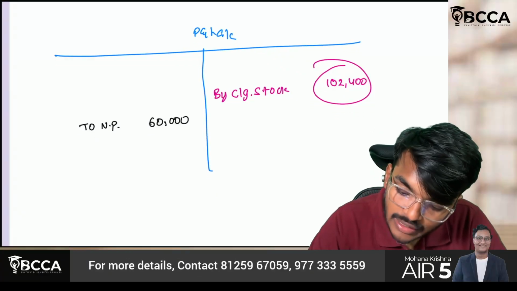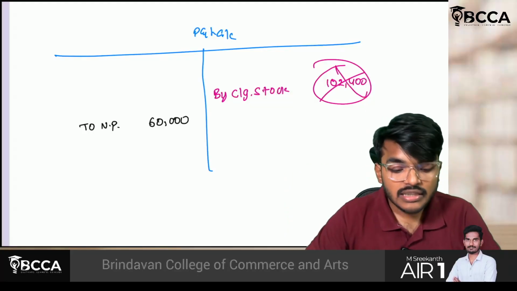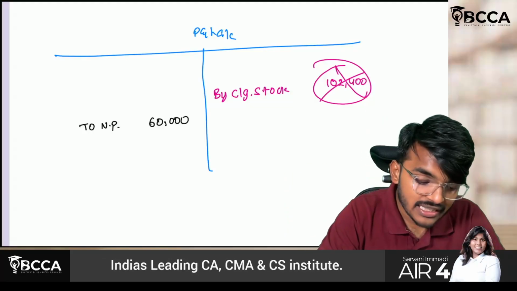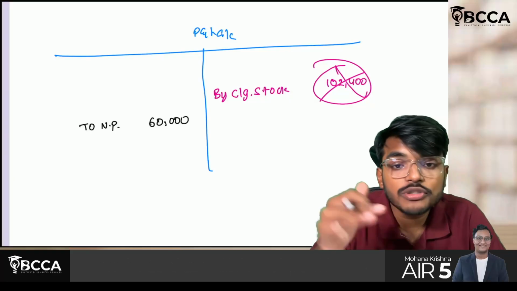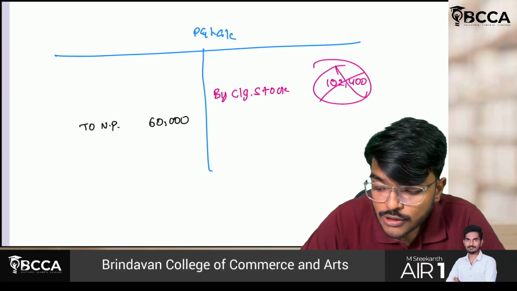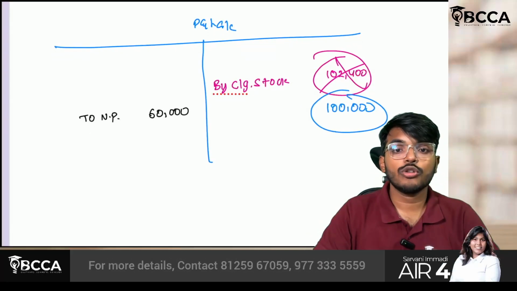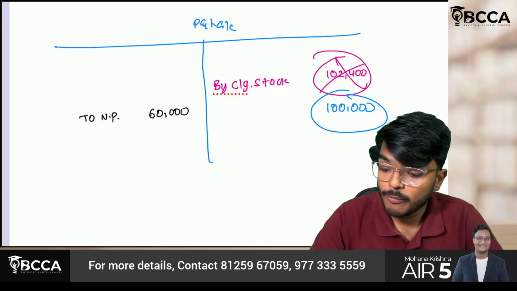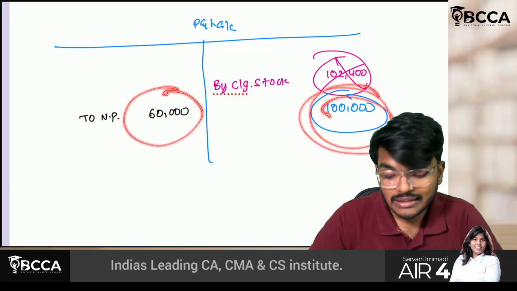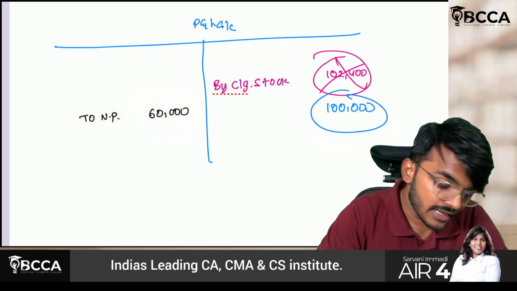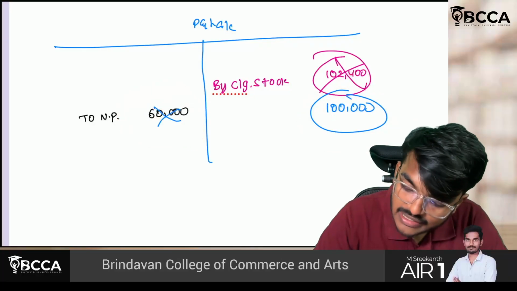But this 1,02,400 is there. This closing stock is not correct. How is it not correct? 1,02,400 is there, out of which 2,400 is incorrect. So my correct closing stock would be how much, sir? Your correct closing stock would be 1 lakh rupees. If my correct closing stock is 1 lakh rupees, my profit will be reduced by 2,400,